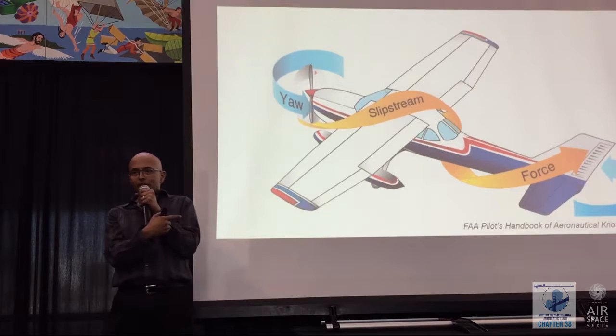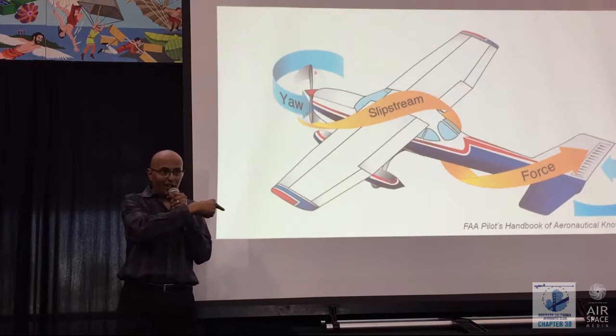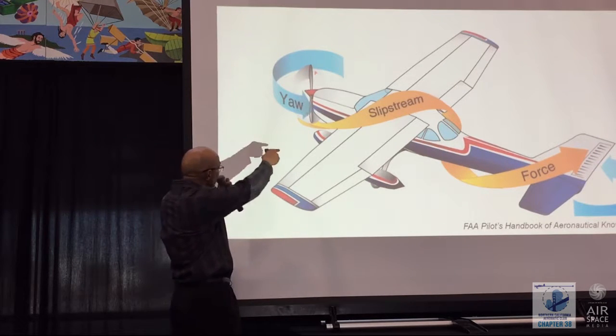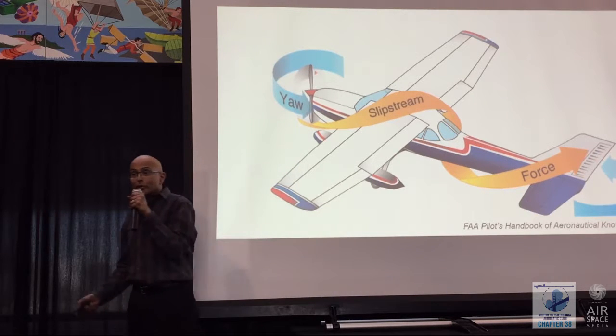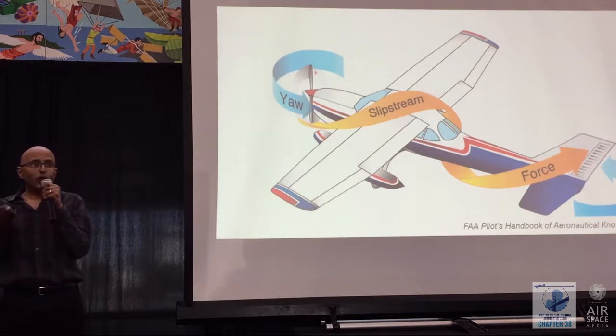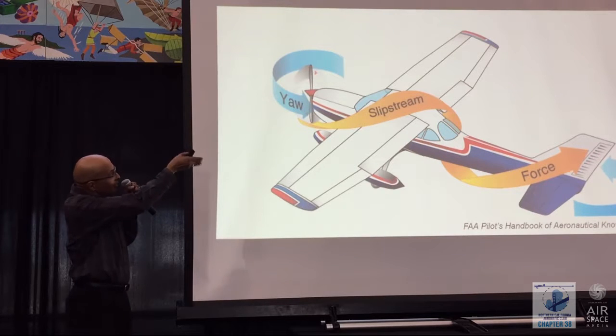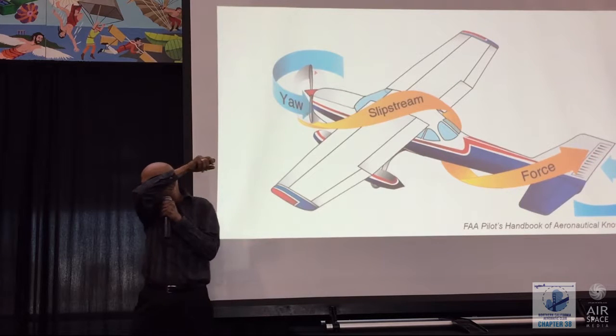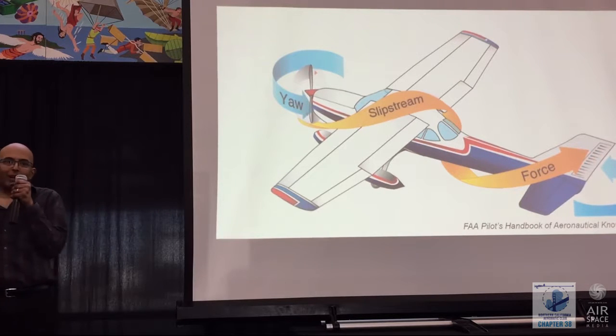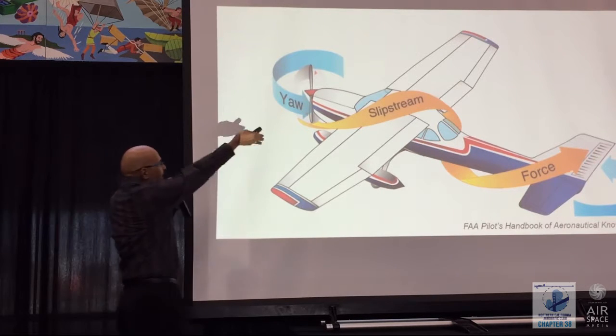The reason we can't do this in most airplanes that we fly is because the propeller is creating this huge, massive whirling flow around the fuselage. And so you cannot actually measure these things near the fuselage of the airplane. You have to measure it out here on the wing somewhere. And then you have the problem of, okay, if I measure it out here on the wing, how do I get it into the cockpit?